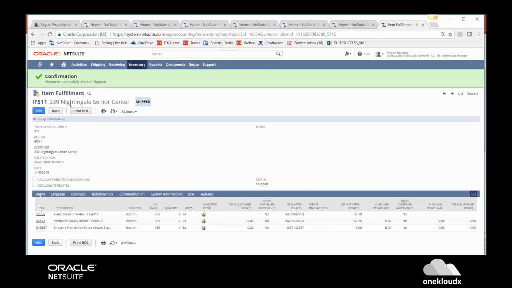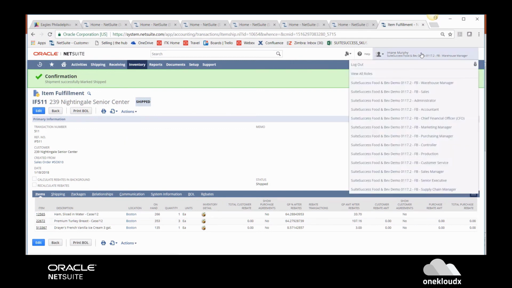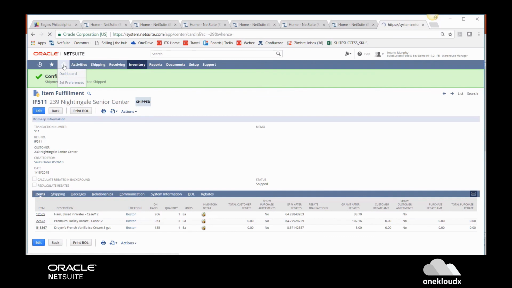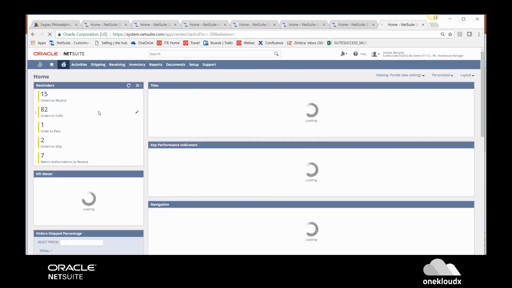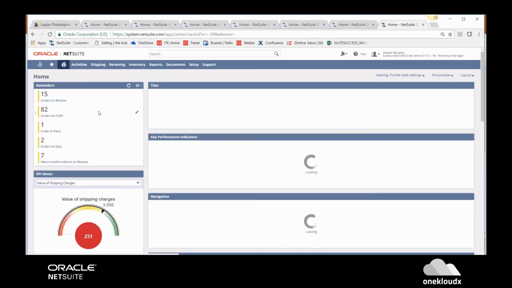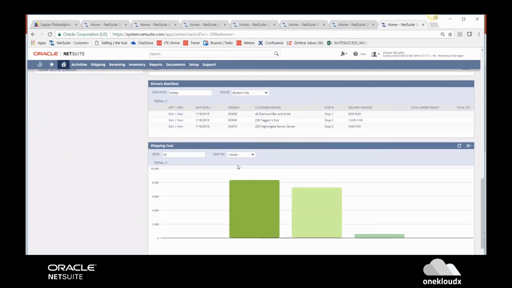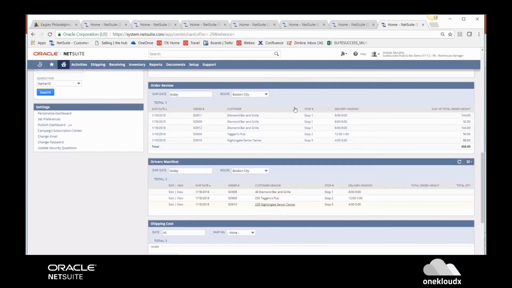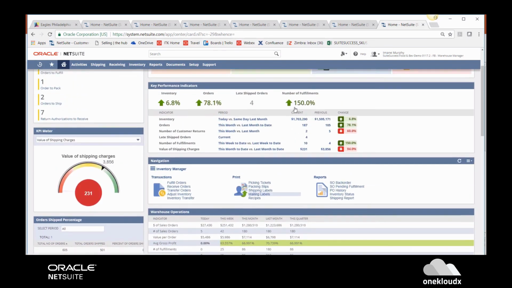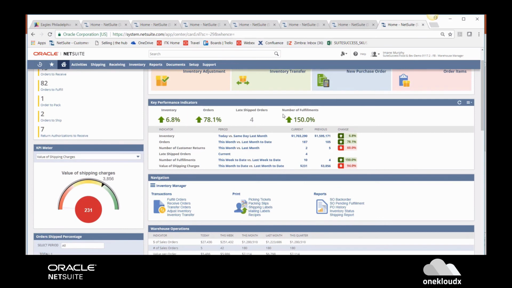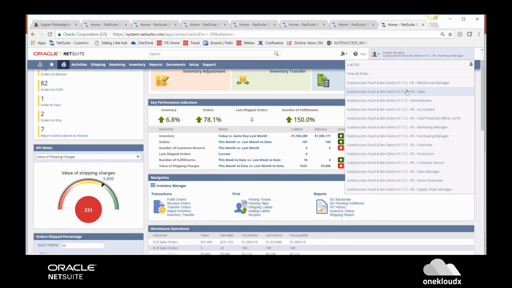So now that order has been shipped, we've loaded the truck in reverse stop sequence. I can go back here, and you also have the ability to print a bill of lading. You see the button Print Bill of Lading that you can configure just like your pick tickets. We also have the ability to do a driver manifest, which is a query if you want to do addresses. From a documentation standpoint, whatever you need to give to the driver or send to the customer, you have the ability to create those documents within NetSuite. So if I change back to the sales rep role,